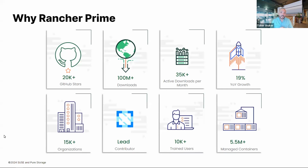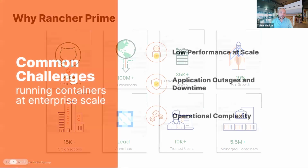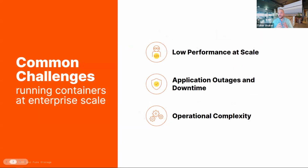Vincent, if you go to the next slide, please. We can see that there are some challenges regarding data that every organization meets in their Kubernetes environment. And I would let the expert here talk about these challenges. So Vincent, if you would be able to help us go through these challenges and explain them more and how we can overcome them. Yeah, thanks, Tyler,